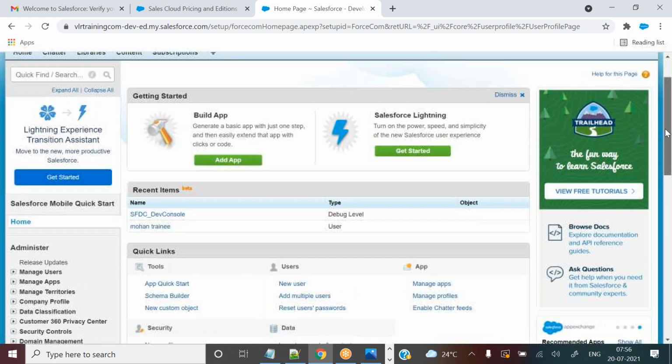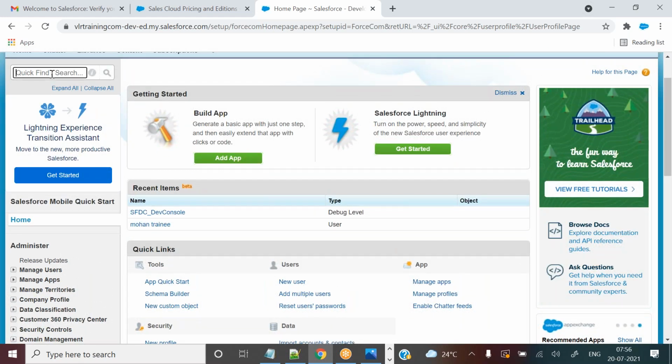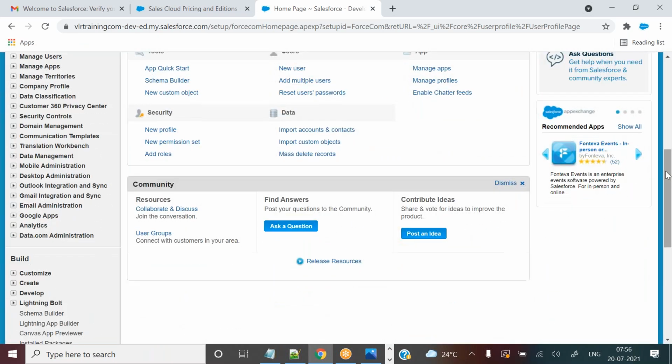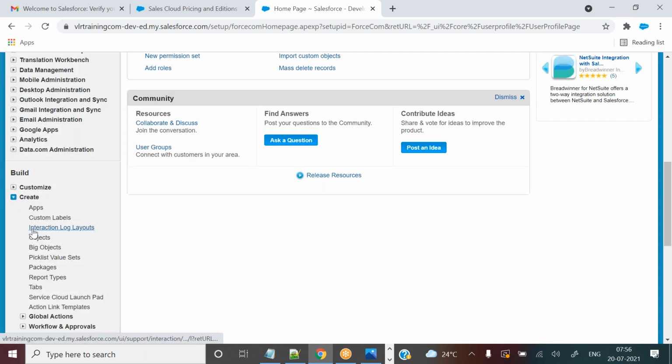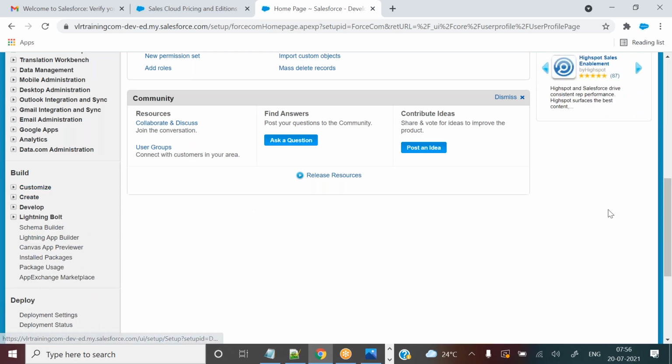And suppose I want to see something, but I don't know all these features because I'm very new to this. So how could I go? I need to expand this one, I need to click on this one, see here. So what will happen? So many features are there, right?